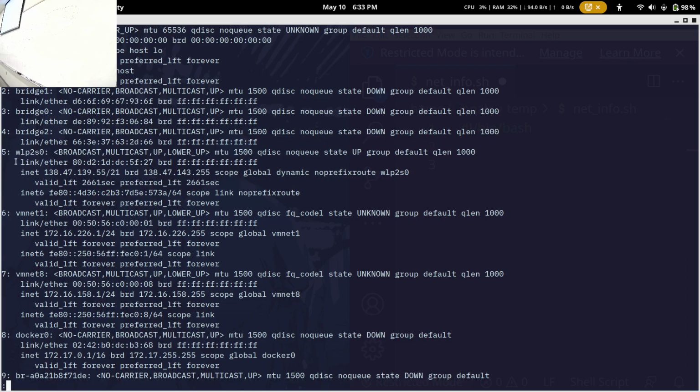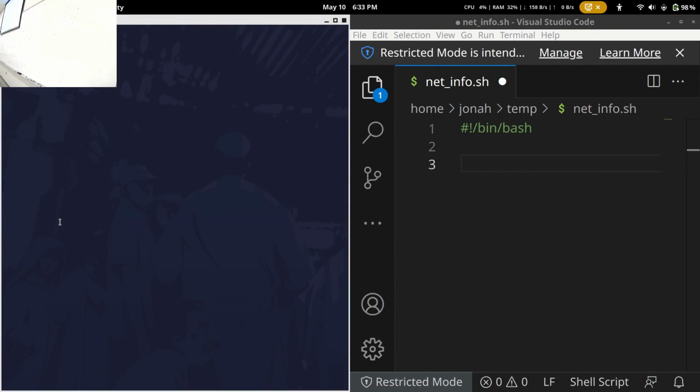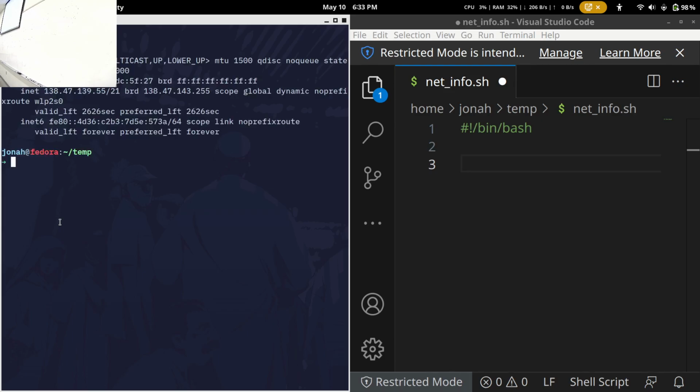But this represents my Wi-Fi adapter. So anytime I'm talking to the router, that adapter will be talking to it, and it'll be what gets the IP address. I don't know if you can really see it right there. So let's see if we can grab that. So let's see. The address. Cool.